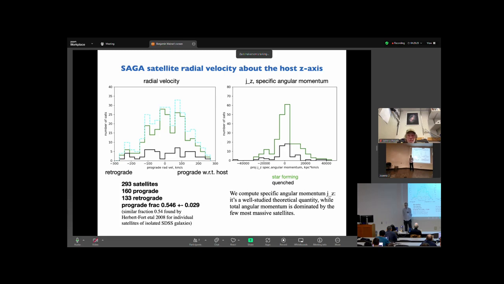Yeah, the fact that the radial distributions of the quenched and the star forming are statistically significantly different, we discussed that in the SAGA papers, but perhaps didn't emphasize it enough. There's got to be something there about, I don't know whether it's quenching or dynamical friction or something like that. I feel like we could go further with this, but we need a much larger sample.